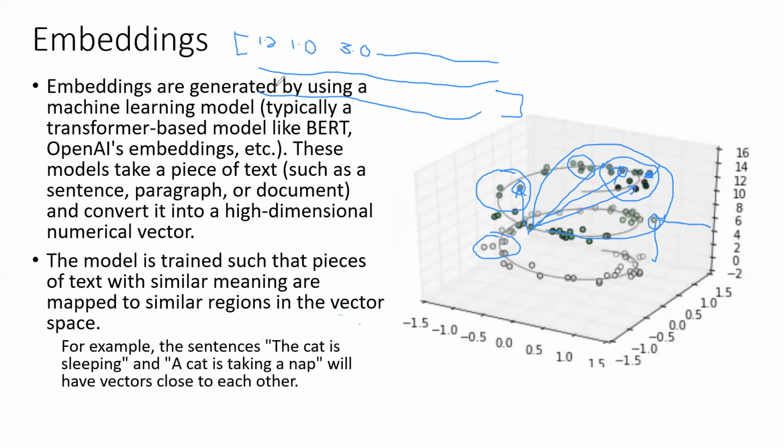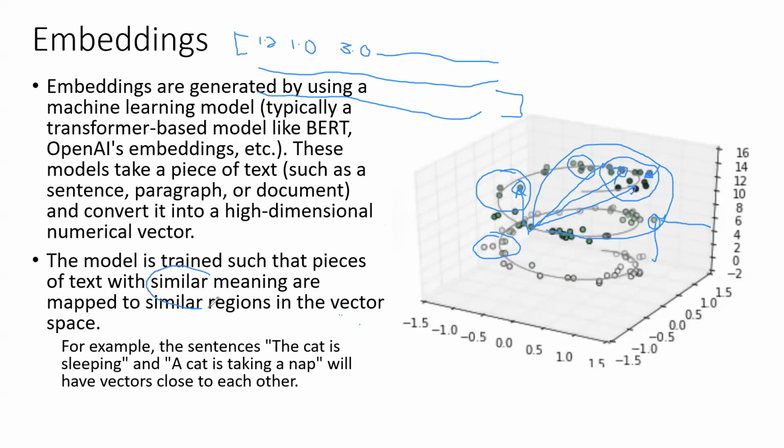Okay, so embeddings are generated by using a machine learning model, typically a transformer based model like BERT. You can also create your own embedding models. It's nothing but a neural network. You have to choose your input layers, output layers, and with some data you have to train it. Transformer models like BERT, OpenAI embedding, etc. take a piece of text such as a sentence, paragraph, or document and convert it into a high dimensional numerical vector. This model is trained such that pieces of text with similar meaning